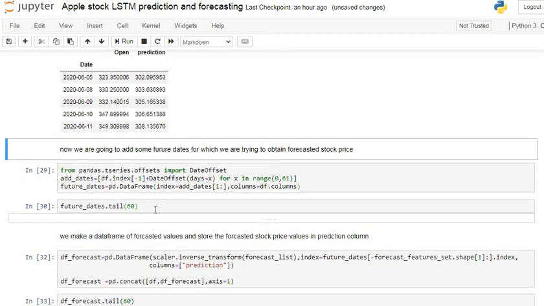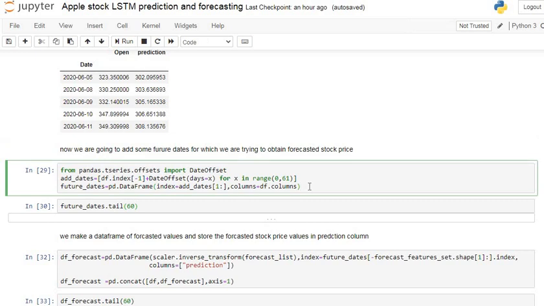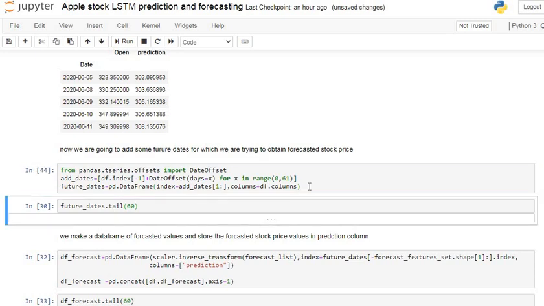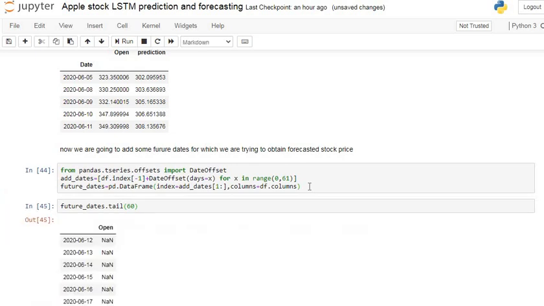For that we run this command. Here I add the future 60 days and try to forecast the stock price values for them. We have data till 11th June, and we try to forecast the future 60 days of stock prices. For that we run this code. Our code is executed here.